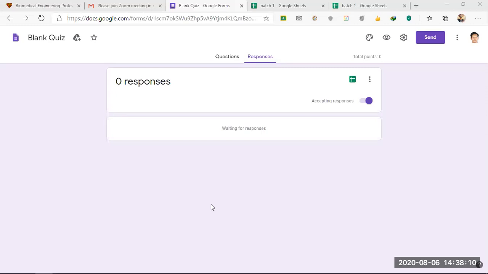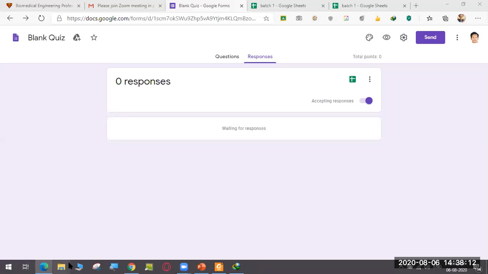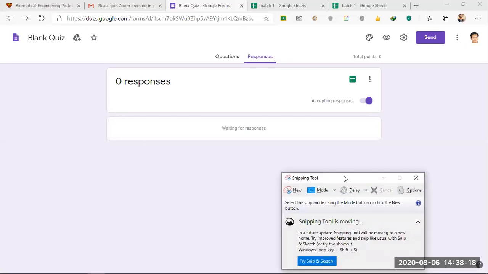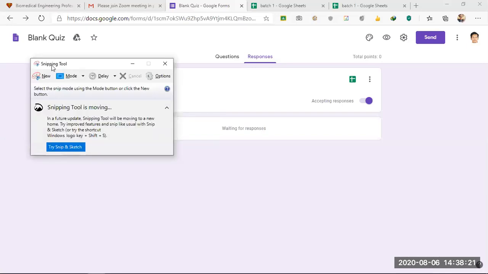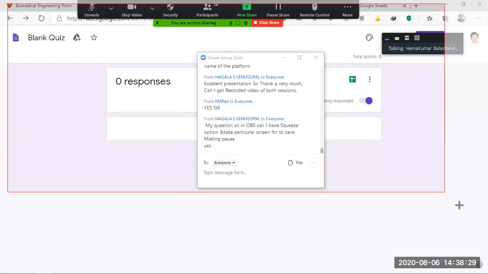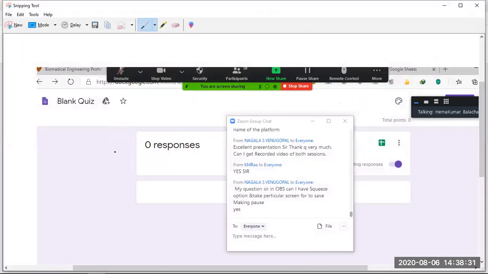You can use any normal screen capture software. In Windows, you have a software called the snipping tool, on the desktop. Using this, you can capture any part of the desktop. Suppose you click new, you can capture any part and save it wherever you want.